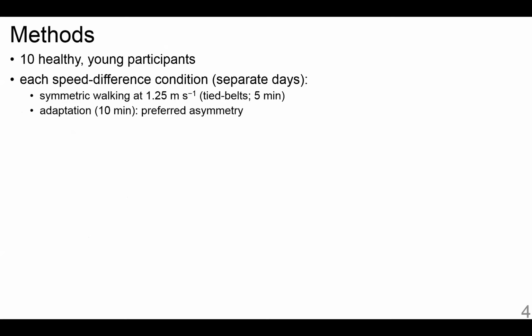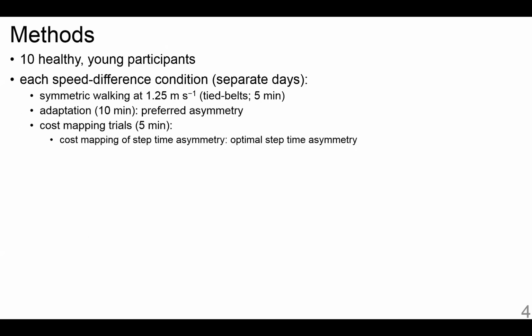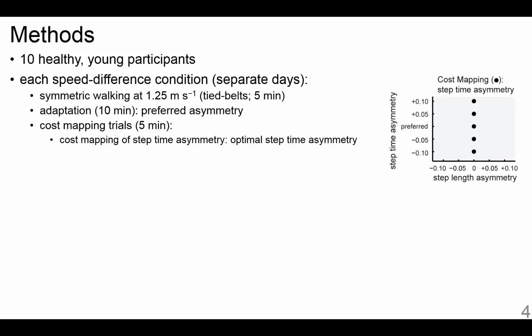We recruited 10 healthy young participants that came into our lab on 3 separate days for each speed difference condition. They first walked symmetrically with belts tied at 1.25 meters per second, and then performed an adaptation period with belts split to find their preferred asymmetry. And last, they performed a series of cost mapping trials that were divided into first, cost mapping of step time